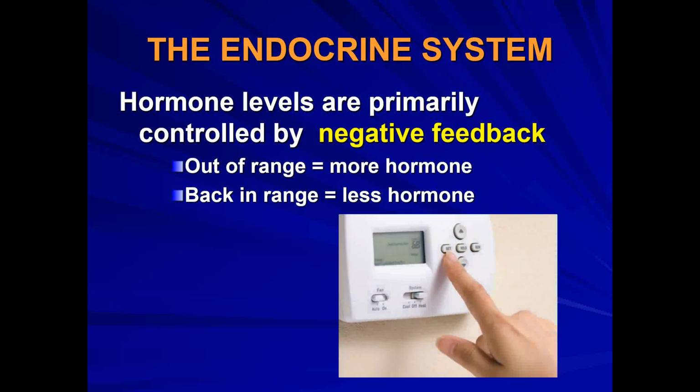A very good example of negative feedback is thinking about the thermostat in your house or your apartment. You have a set point, and the system does nothing until the temperature is either too high or too low. If it gets too high, it kicks on the air conditioning system. Things happen. That's akin to sending signals, sending more hormones. And when you reach the set point, when the temperature drops, then you stop what you're doing. The system kicks off, and the endocrine system does the same thing by producing less hormone. That's a nice example of negative feedback.